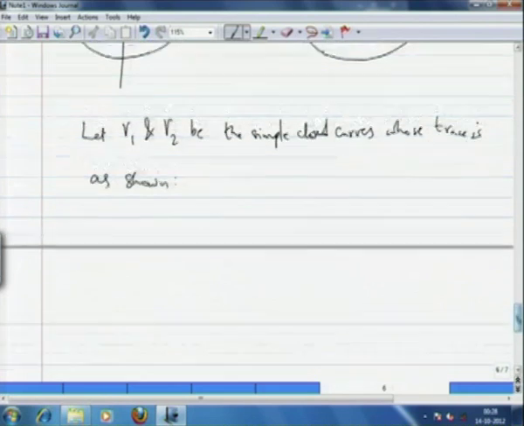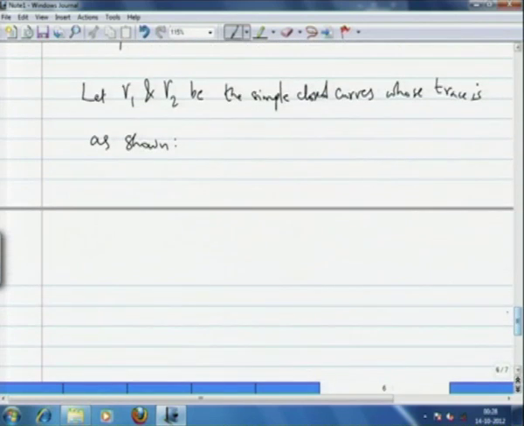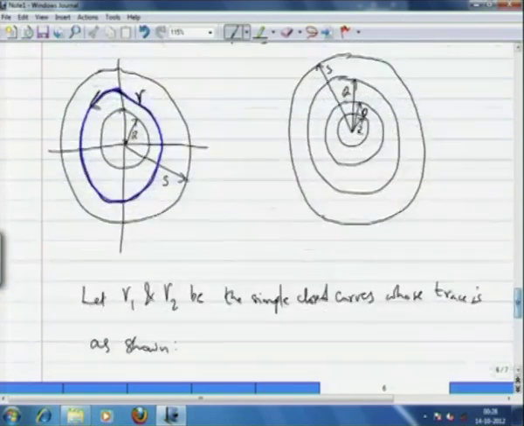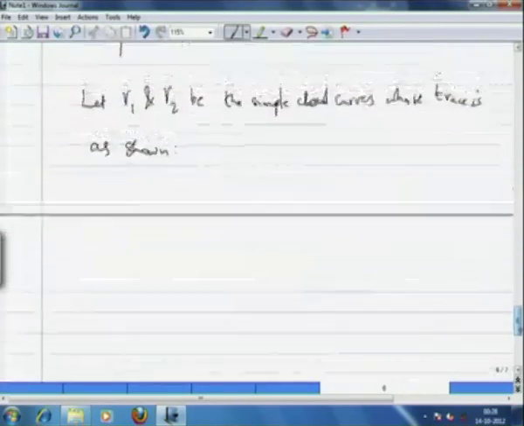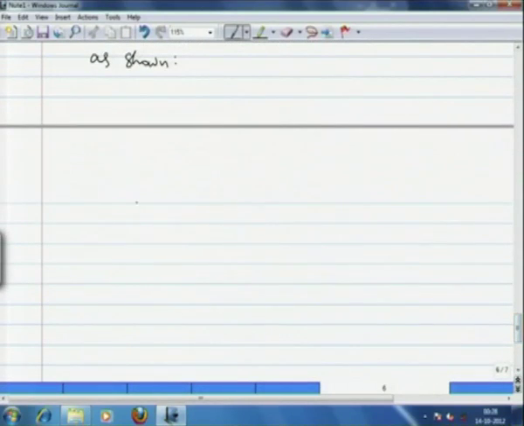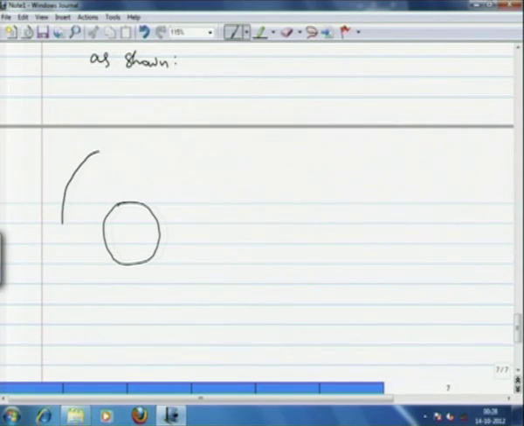I need another picture. So, now I will eliminate the circles of radius R and S. Here I am only going to draw circles of radius P and Q around the origin. So, here is your circle of radius P,